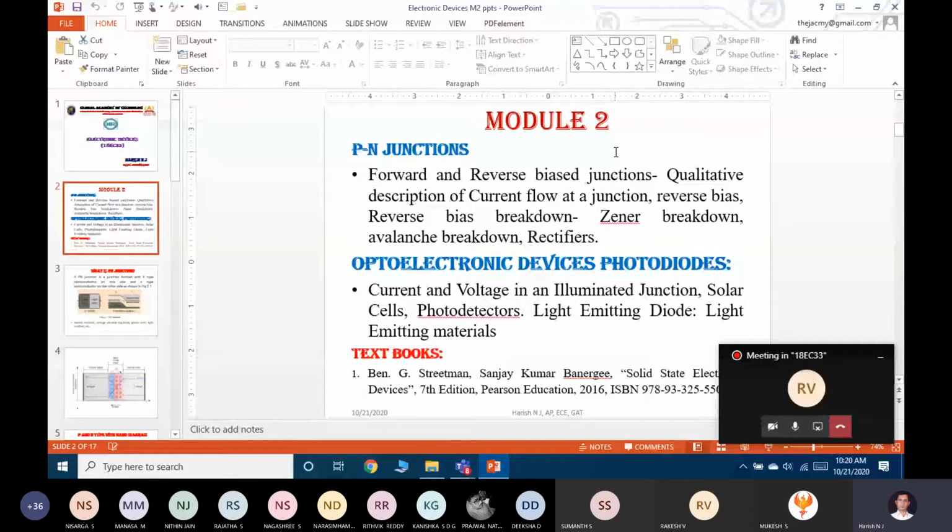This is the one part. Then we will move to the reverse bias condition. When the diode becomes reverse bias, it means the p-type semiconducting material is connected to the negative terminal of the power supply, and the n-type semiconducting material is connected to the positive terminal of the power supply. On both sides a force of attraction arises. In the forward bias condition there is a repulsive force; in the reverse bias condition there is an attractive force.